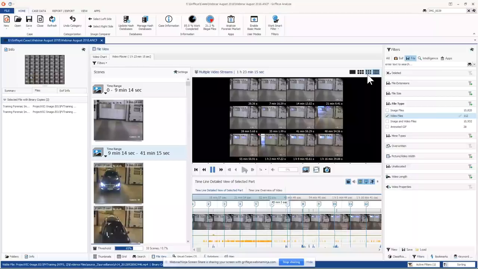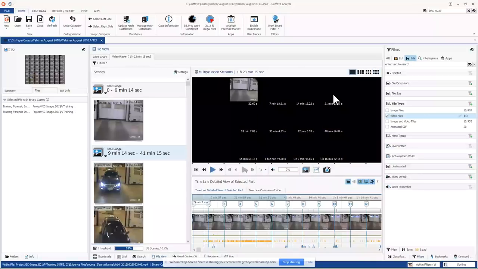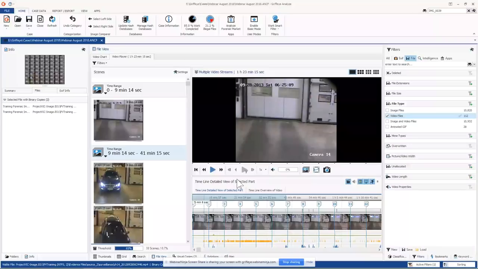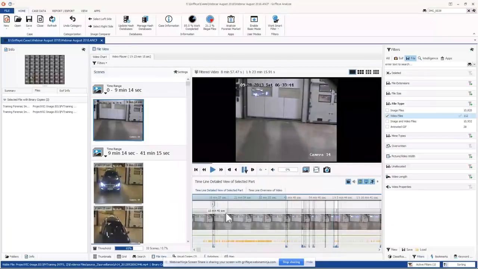So with the advanced utility pack, one cool thing I can do as well is filter this video, and I just want to see where there's motion. So just play for me the video where there's motion. I can go up to filters, motion, just show me the parts of the video with motion. Now watch this playhead down at the bottom as I press this filtered play view. And I'm going to speed this up to 4x and hit the filter. Notice it just jumped over to where there's motion in the video.